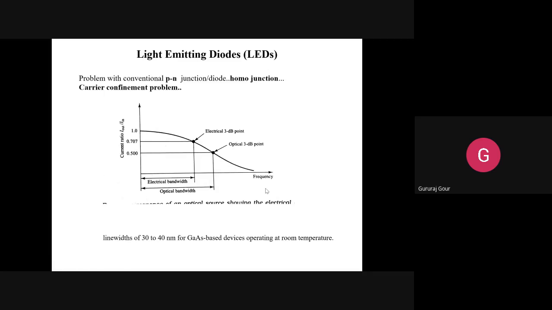So even with low energy, the optical 3 dB is actually 6 dB down compared to the electrical bandwidth. A large bandwidth it is providing. And that too, we are observing a homojunction. Homojunction means the P and N regions come from the same type of semiconductor material, maybe silicon or germanium. That is the meaning of homo. In P and N, both the atoms are silicon or germanium, and that's how it got the name homo. Otherwise, it is a heterojunction. Carrier confinement problem here.